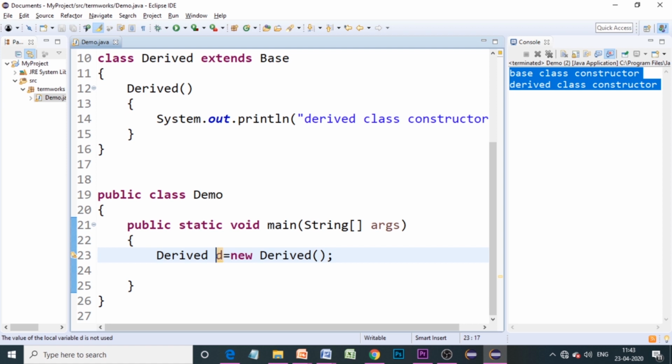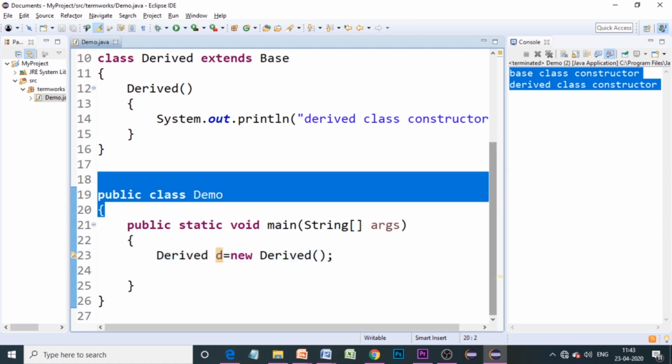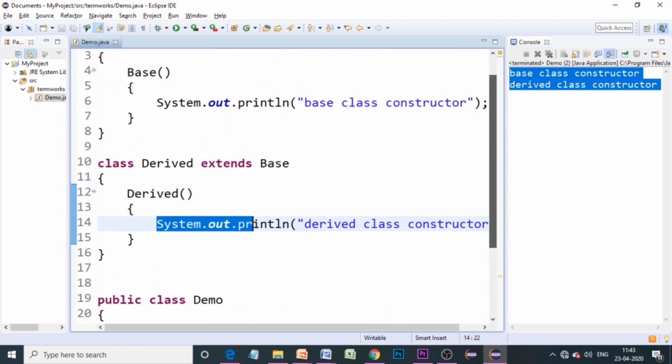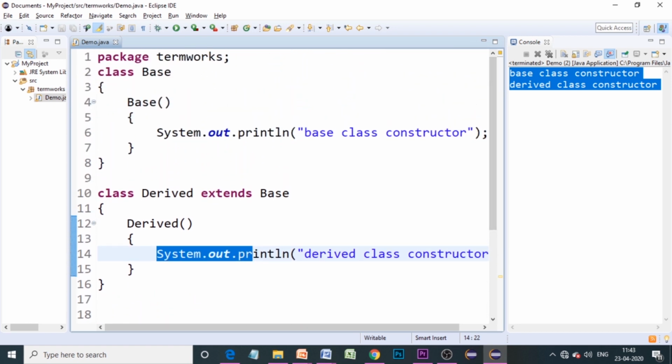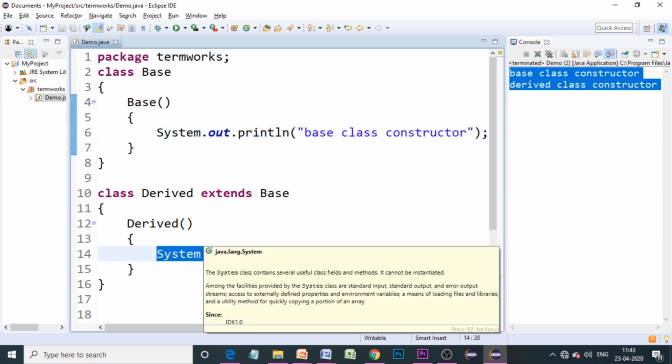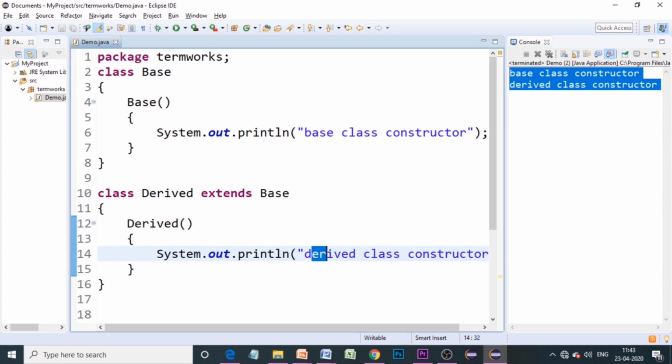So it has gone to the base class's constructor and printed the base class constructor message. After this it has gone to the derived class's constructor and printed this.